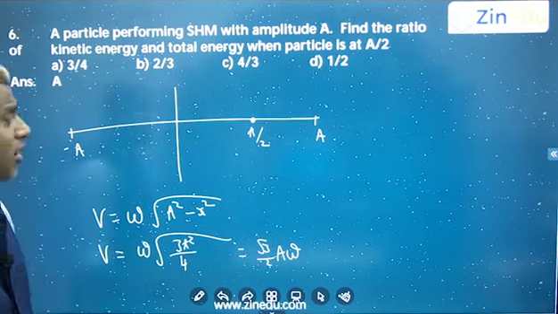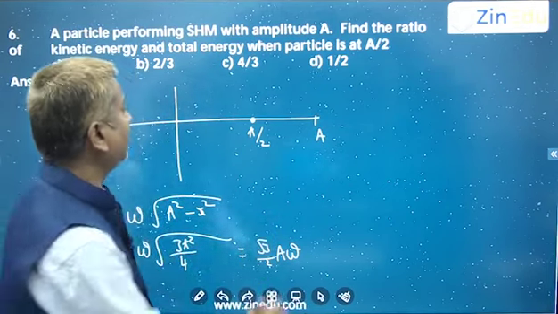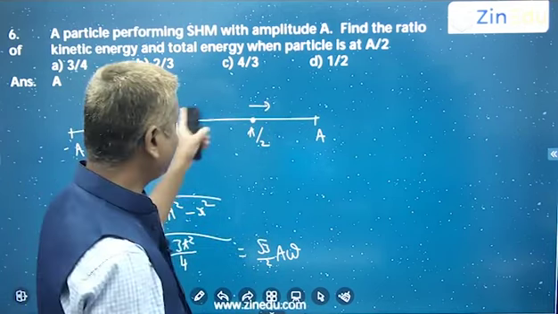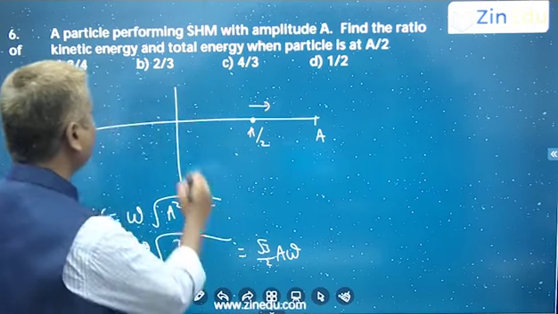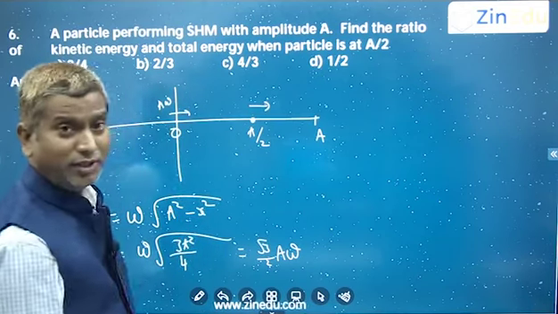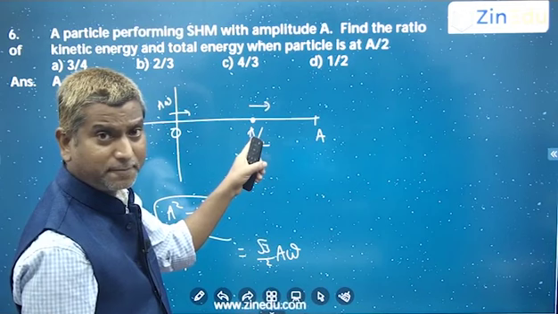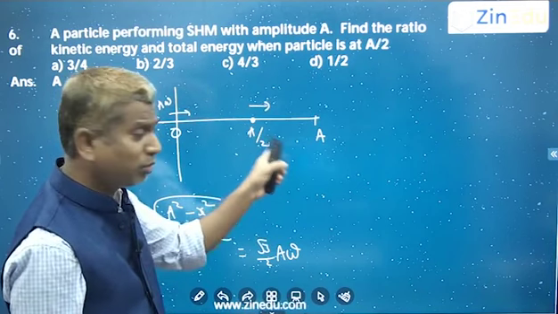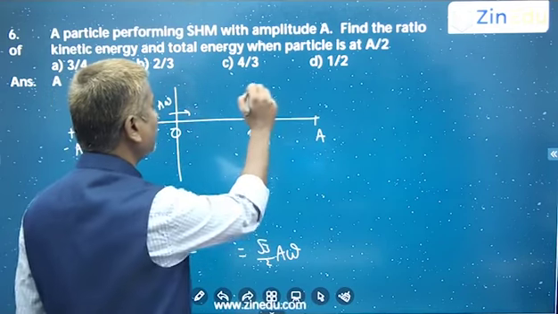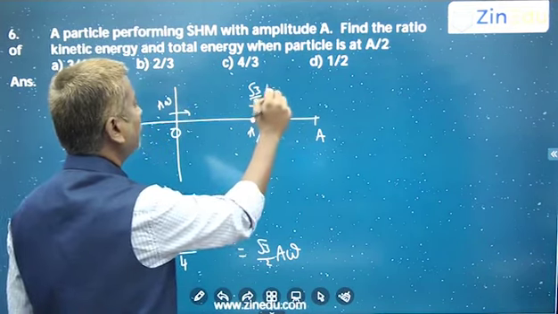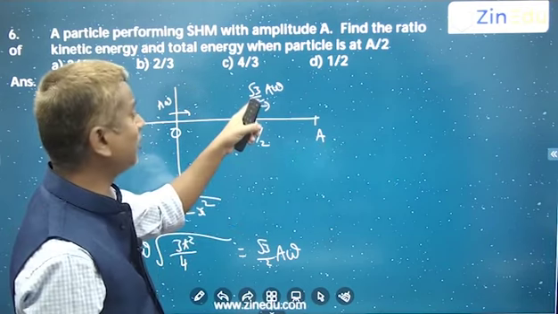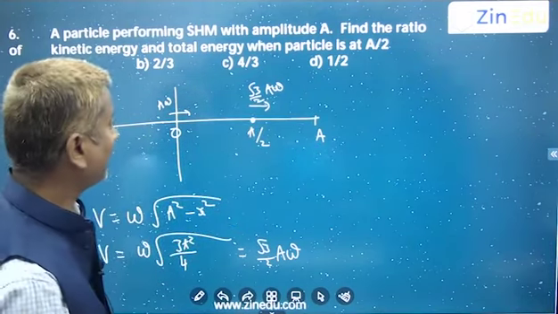This is one way. Or simply we know that the displacement is a sine function. Sine 30 is 1 by 2 and velocity will be a cos function, right or not? And here the maximum velocity is A omega and displacement 0. Now listen, the displacement is a sine function, and when you get 1 by 2 of sine 30, velocity will be a cos function, cos 30 will be root 3 by 2 times the maximum value A omega. Sin 30 times the maximum value of displacement. So velocity is also cos 30 times the maximum velocity, right?